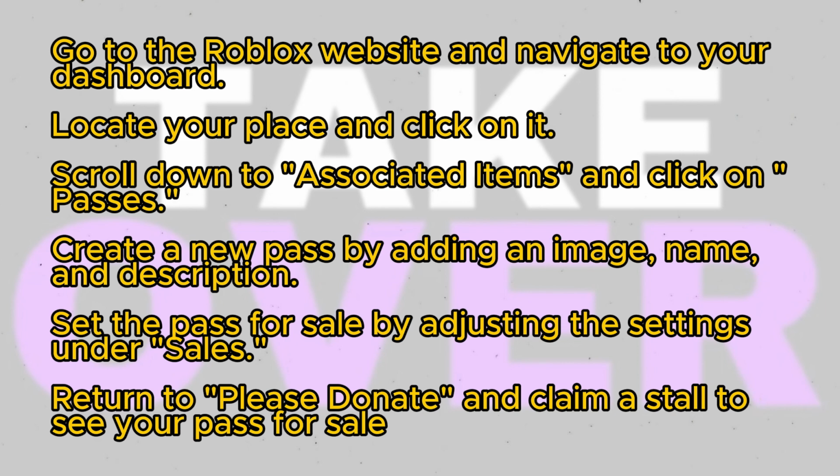To ensure your pass shows up for sale, click on the pass you just created and then navigate to Sales on the left-hand side of the screen. Click on Item for Sale and set the price in Robux. Save your changes. Now, when you go back to Please Donate and claim a stall, your pass will be available